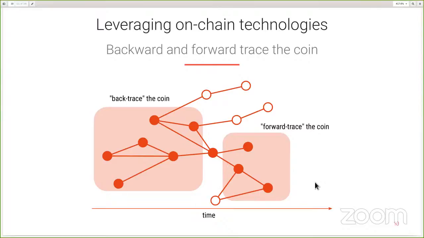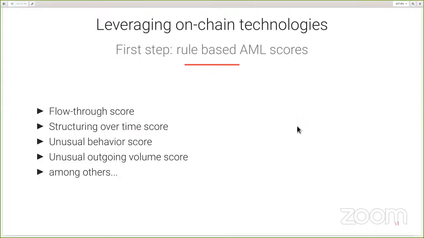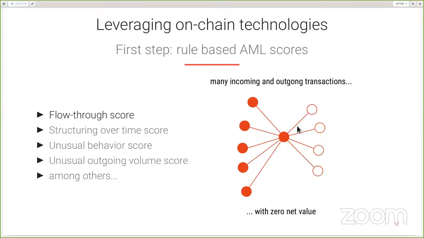And we also have this forward trace of the coin. It's not that we're predicting the future, but if there was anything fraudulent happening on this account, we can know where it propagated. So you can build up these two key features for compliance officers to spot money laundering happening. And we also have other types of scores and rules-based ones. I don't want to get into the details here, but just one example is what we call the flow-through score. What money launderers often do is make the spotting or tracing of the money a bit more complicated.